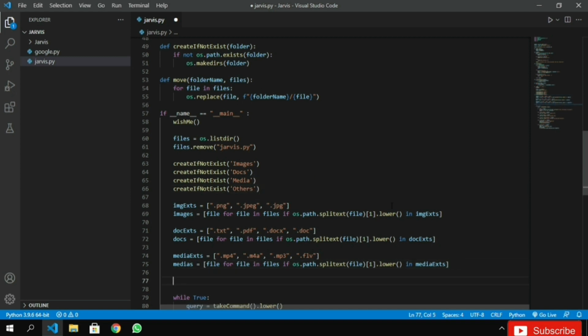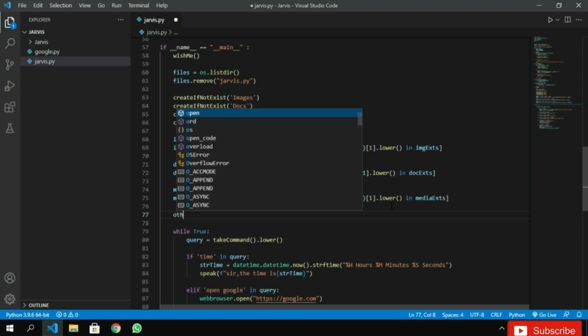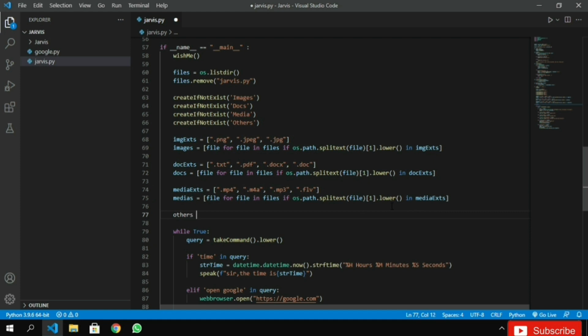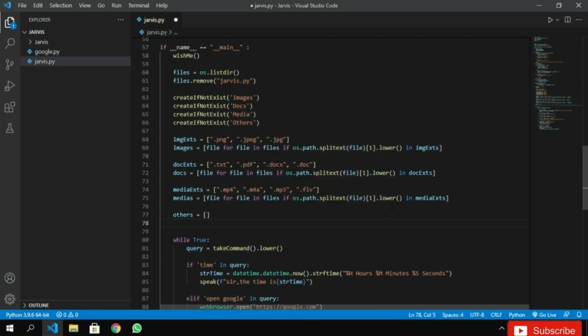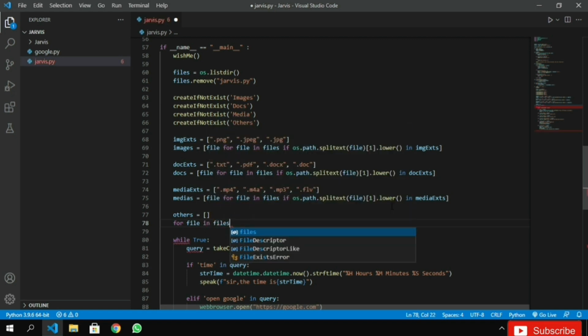Now here others is equal to empty square bracket, then for file in files semicolon